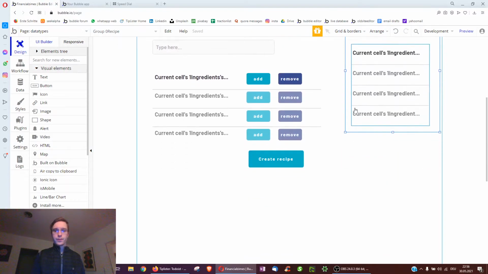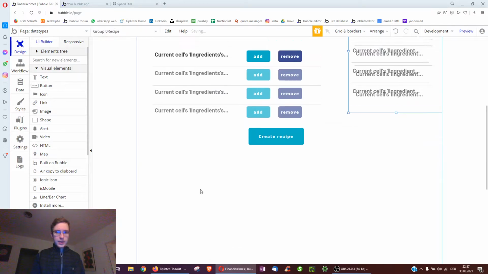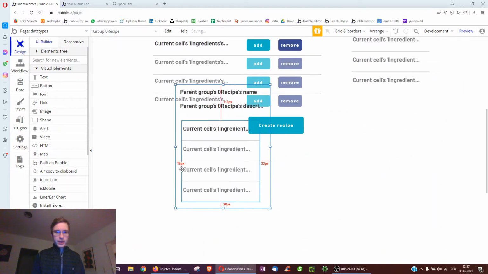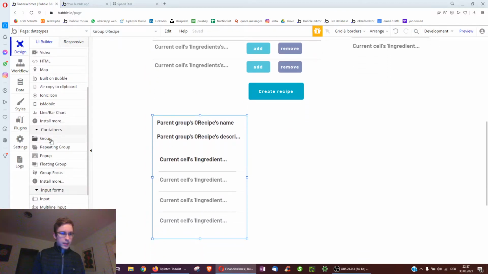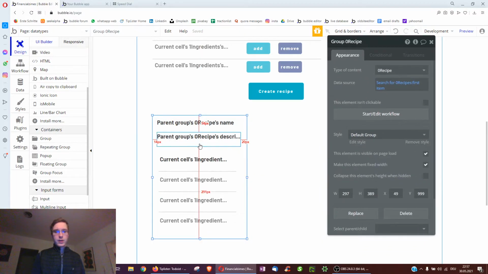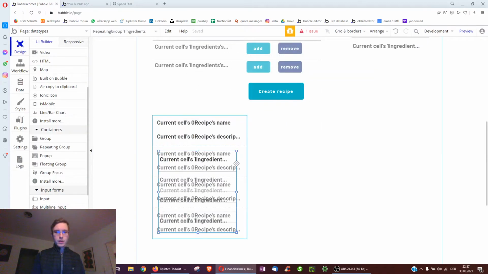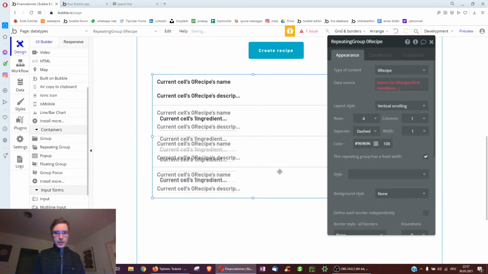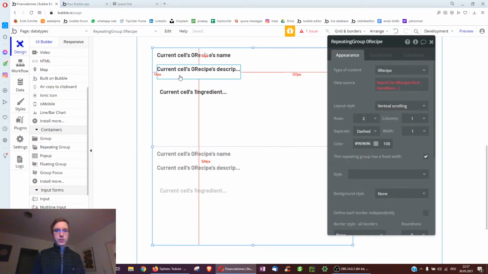Okay, that's already very useful, but let's go one step further and display all the recipes, not just one. Here we can actually copy this group, paste it, and now we use a mean trick, because you can see here that groups and repeating groups, they're all containers, and therefore we can click on their group and replace it with a repeating group, because when we display all recipes it will look quite similar to what we've got here. Okay, now we space it out to the side a little, down, we make it less rows, only 2 rows are shown because now we have room